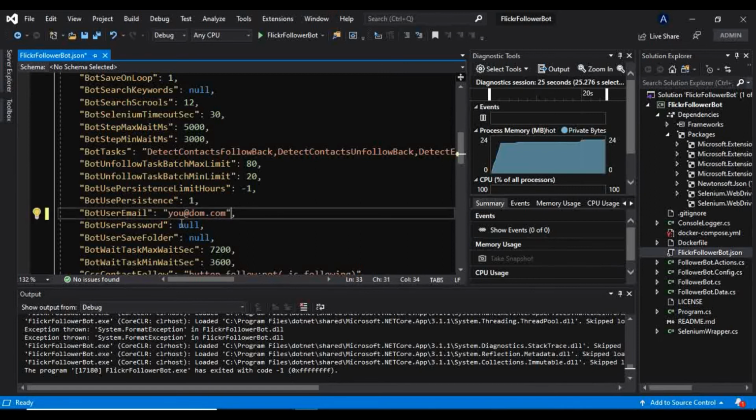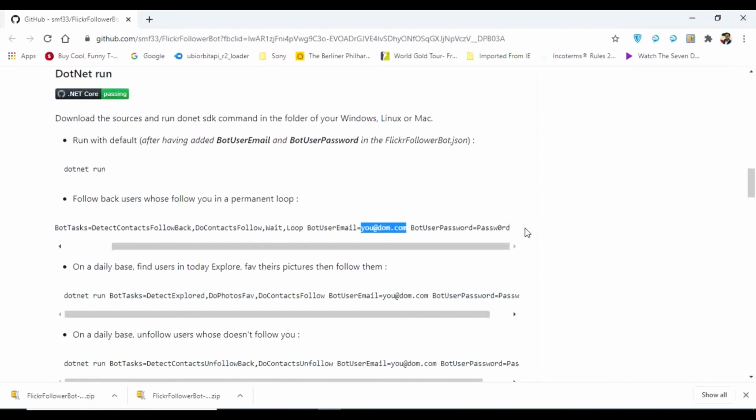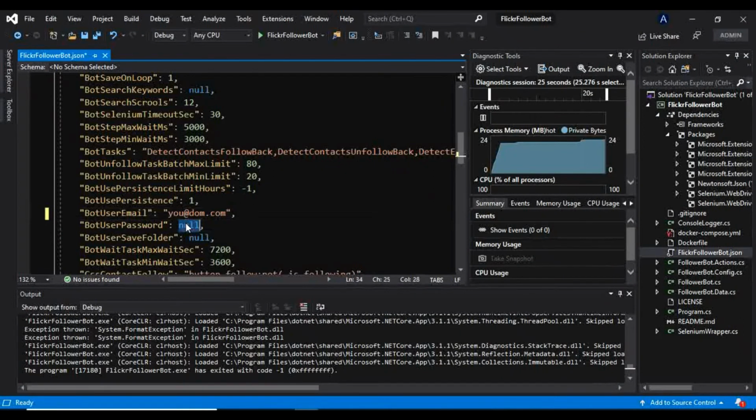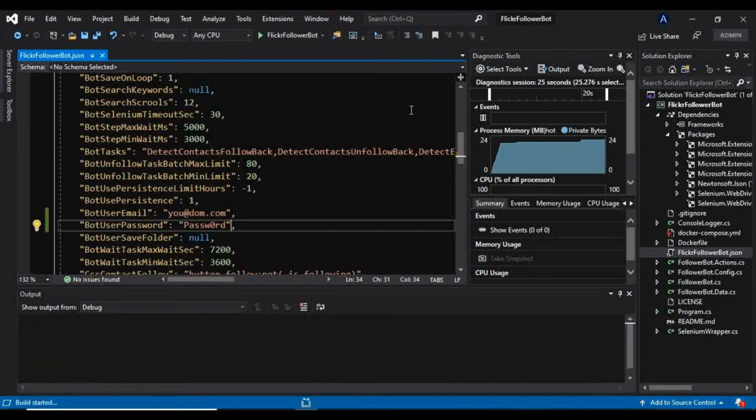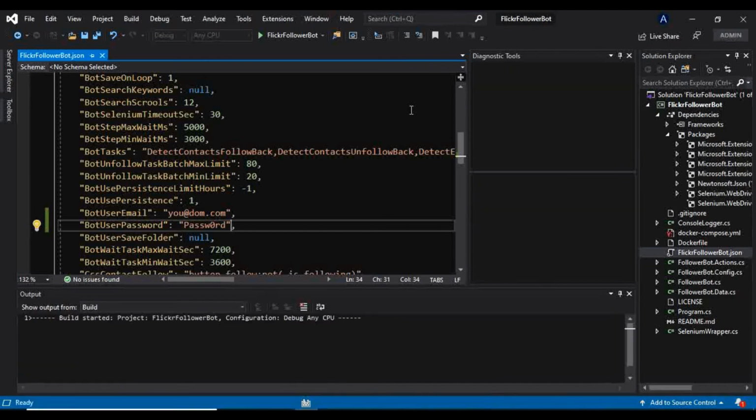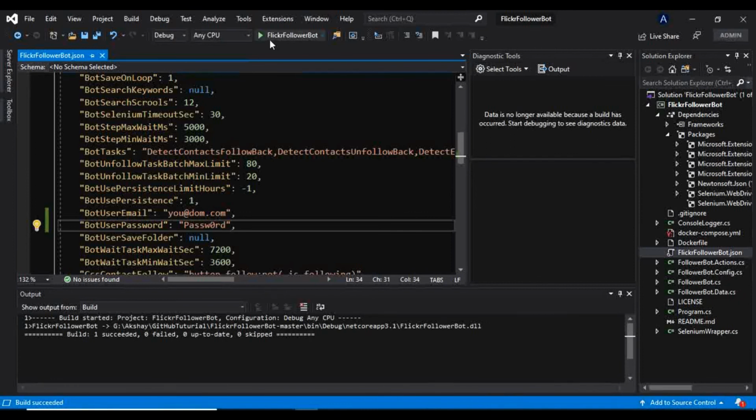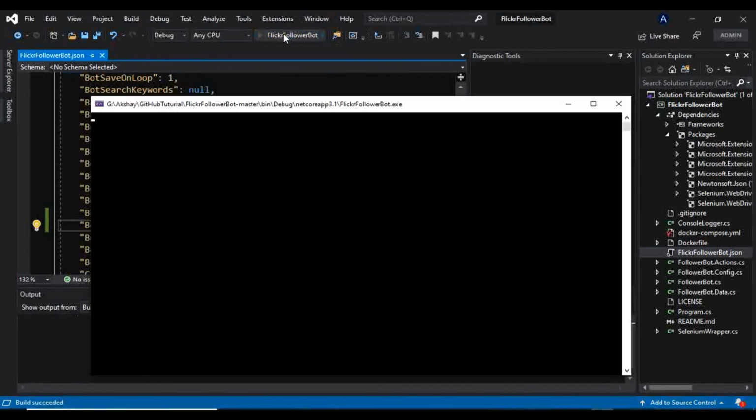For the password, go to the repository again, and the password is also provided there. Just copy that password and paste it here. Now just save this, rebuild this, and run this project.